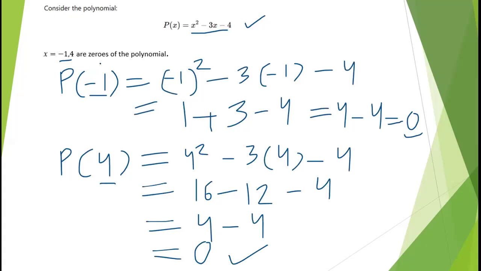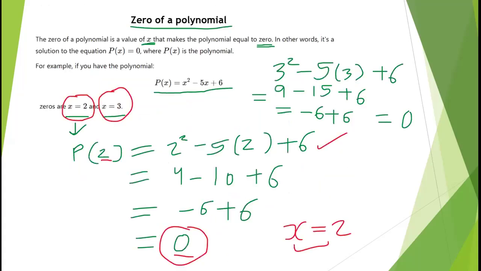Now we will learn how to find the zero of the polynomial. In previous question we have seen that the zeros of the polynomial were given. We just have to check whether those numbers are the zeros of the polynomial or not. Now we will learn how to find the zero of the polynomial. Now we will come back to this definition again. Here we can see we have to put p(x) equal to 0. We just have to put that polynomial equal to 0 to find the zero of that polynomial.